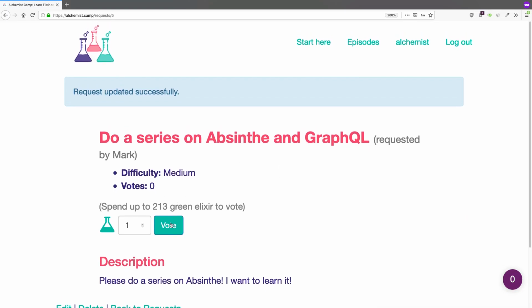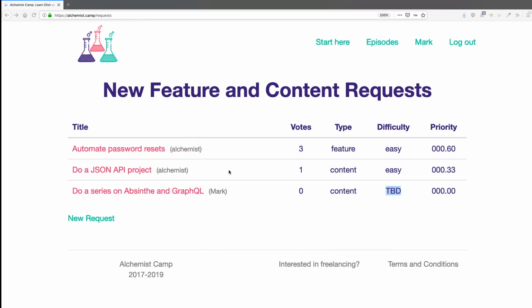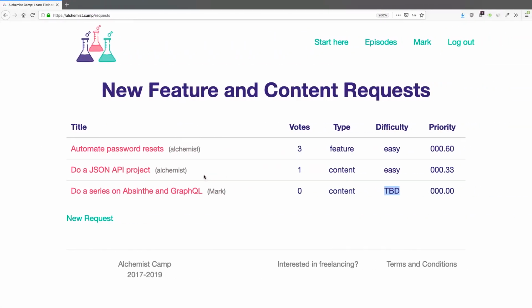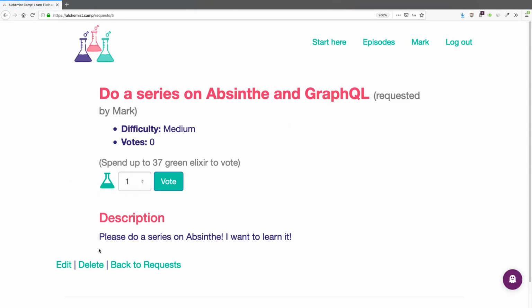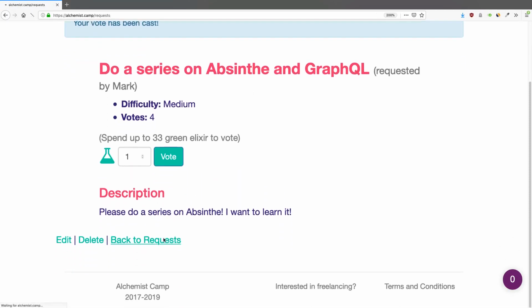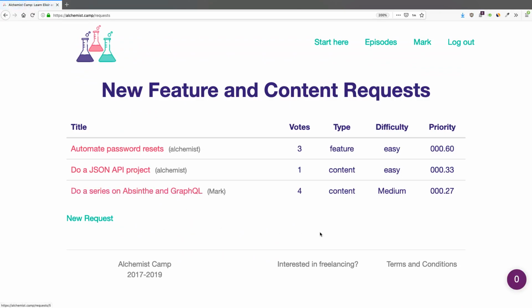I can vote on this project or not. Going back to the user that is not an admin, that just created it, I can actually update or delete my own submission. You can't with anybody else's, of course. And you can also vote on anybody's submissions. So I can vote on mine, I can vote on other people's submissions. I'm going to vote with 4 points of Elixir. That's out of my 37 that I have. So I vote, and then let's check out the requests and see how it's doing.